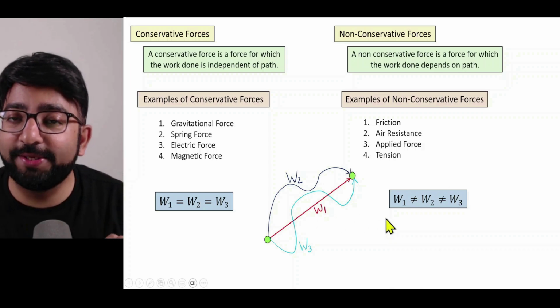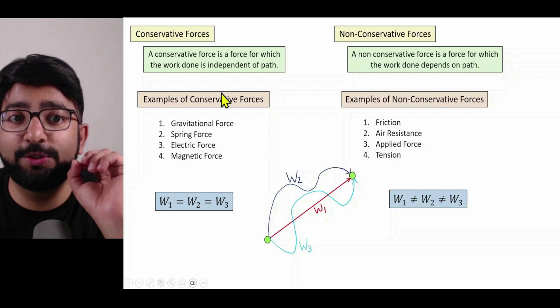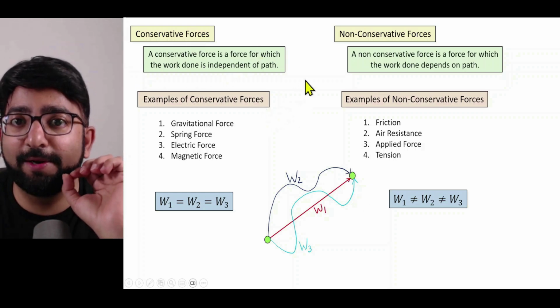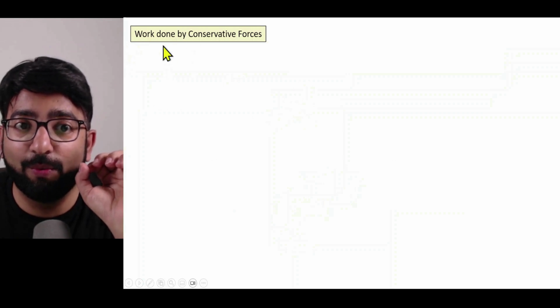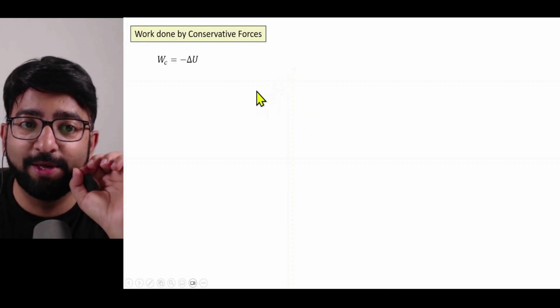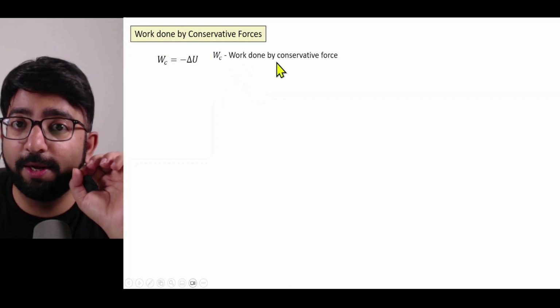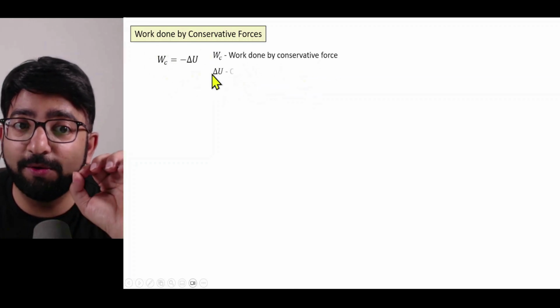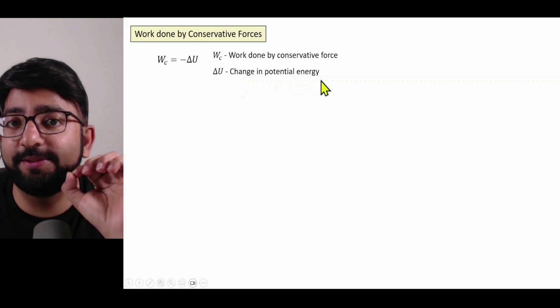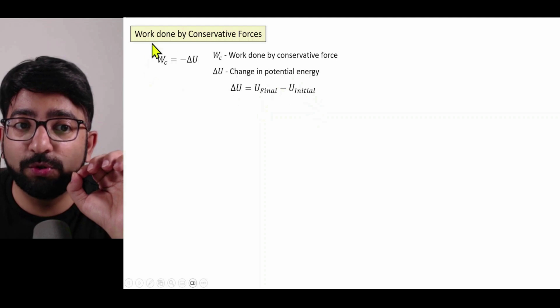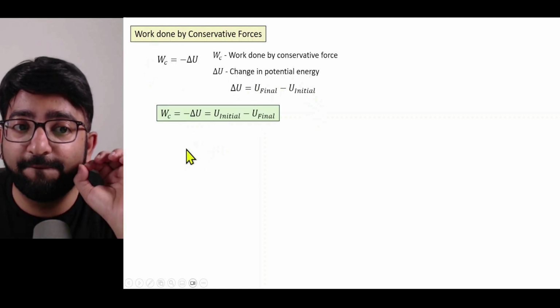In the exam questions, it will be very crucial for us to figure out the work done by a particular conservative force. And that is the next title, work done by conservative force. The formula is simple. WC stands for the work done by the conservative force. Delta U is the change in the potential energy. Change in potential energy is final minus initial. So if we combine the expressions, we will get